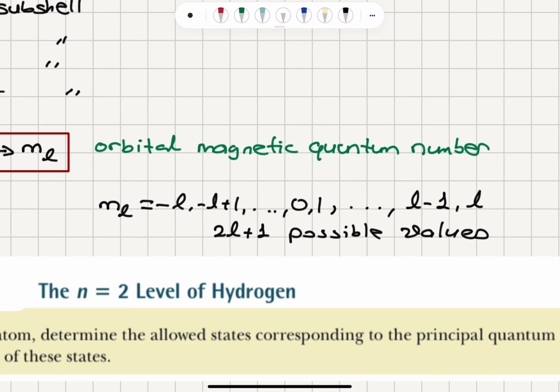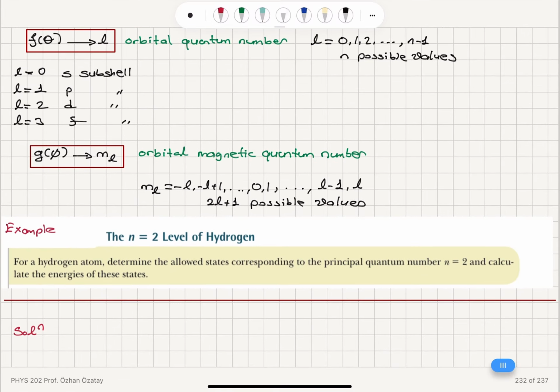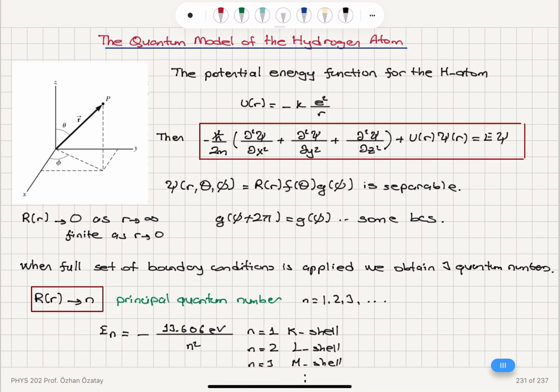So this gives us a total of final value L minus the initial value minus L, 2L plus 1 possible values, because we have also 0 here. Okay, so we have seen that